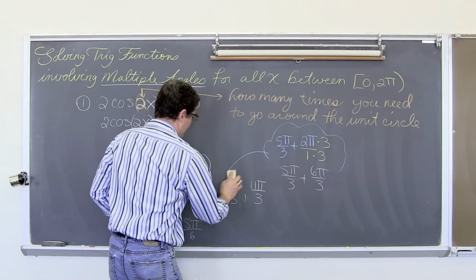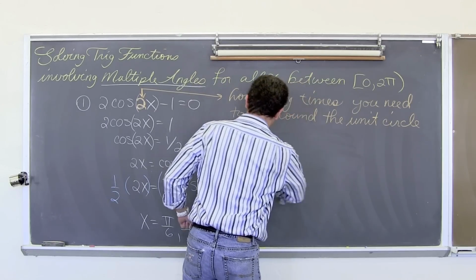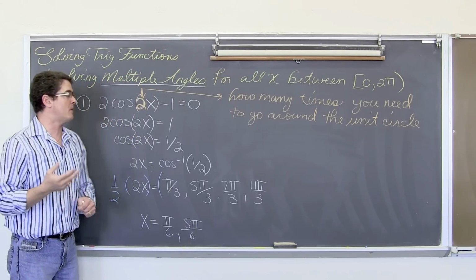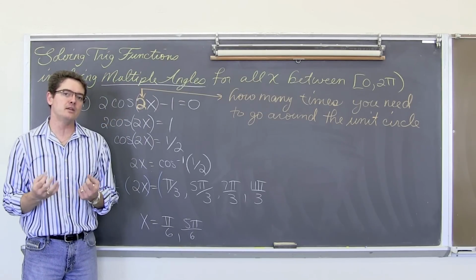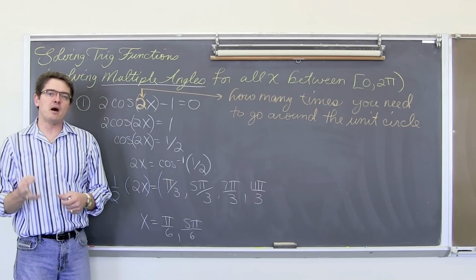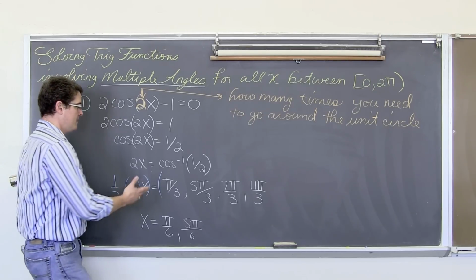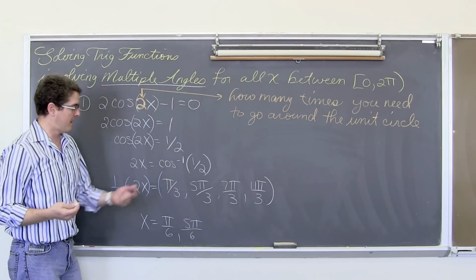So we have, again, the new idea of solving these equations with trig functions when you have a multiple angle: just remind yourself that the multiple on the angle is simply telling you how many times you need to go around the unit circle so that when you're done, you have all of the possible answers that are required based on the directions. So now we have 4 possible answers from going around the unit circle twice.